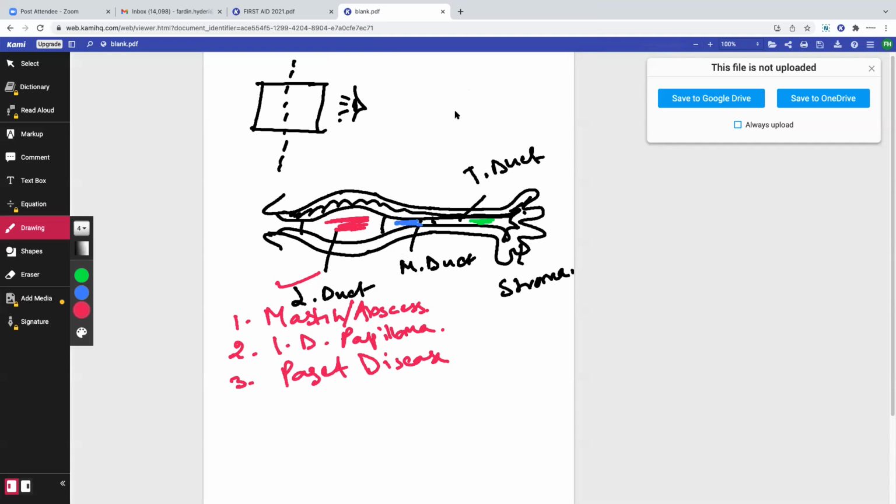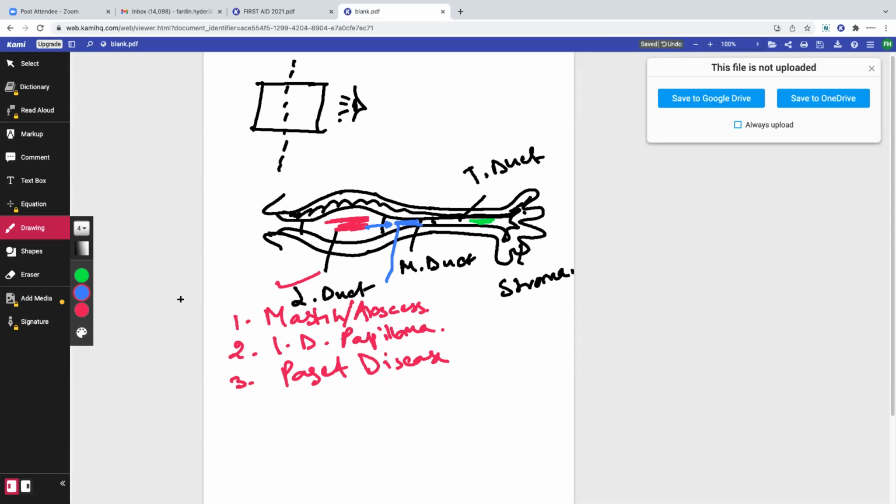And some of these conditions also arise a little bit. If they extend backwards, can they infiltrate the major duct? Yes or no? The answer is yes. So sometimes the major duct can also get infiltrated with mastitis, intraductal papilloma, and Paget's